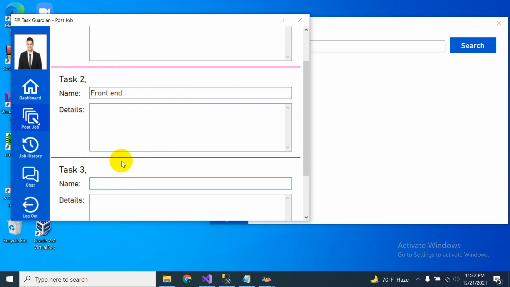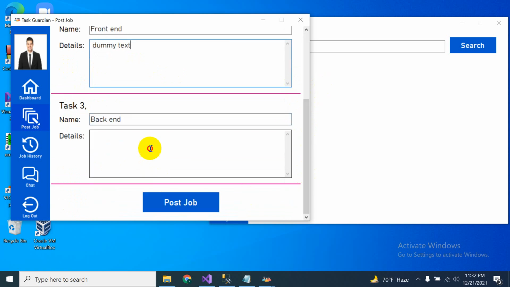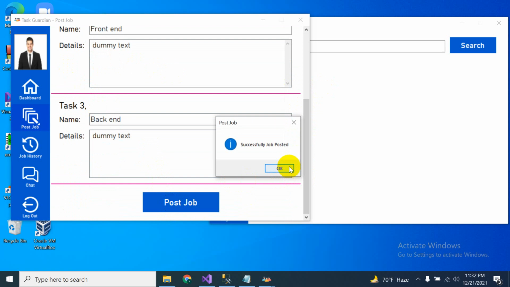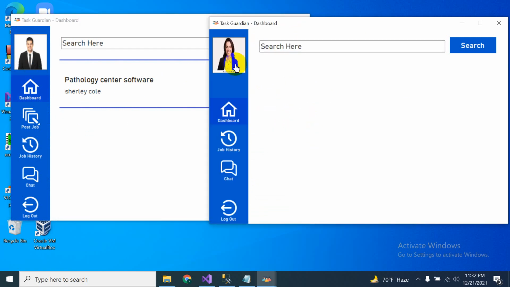The last one is backend. So the manager has posted a job for the employee,